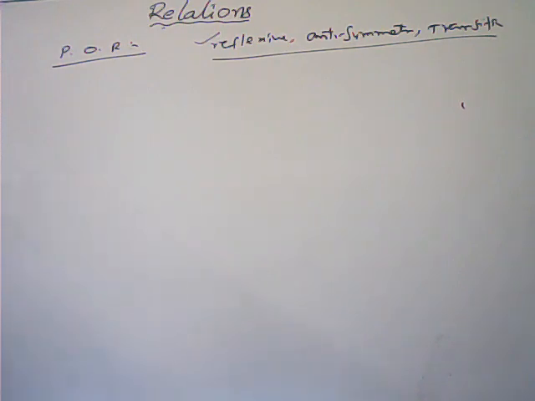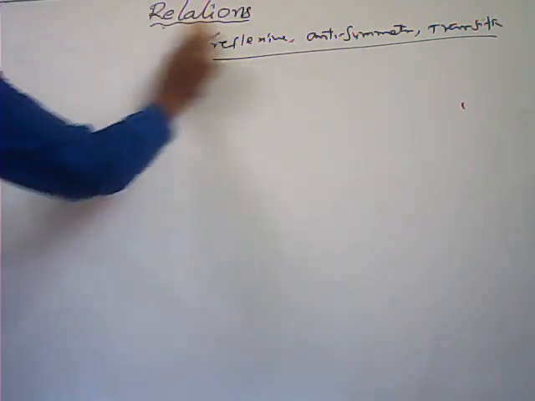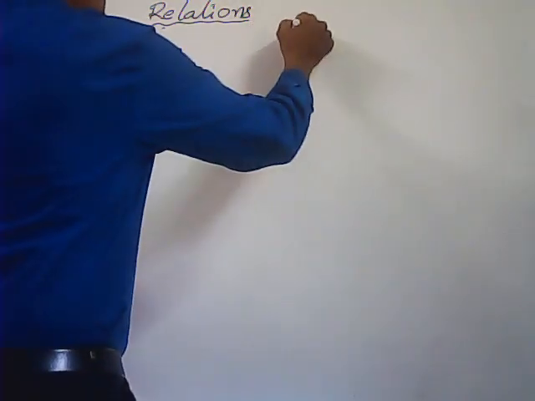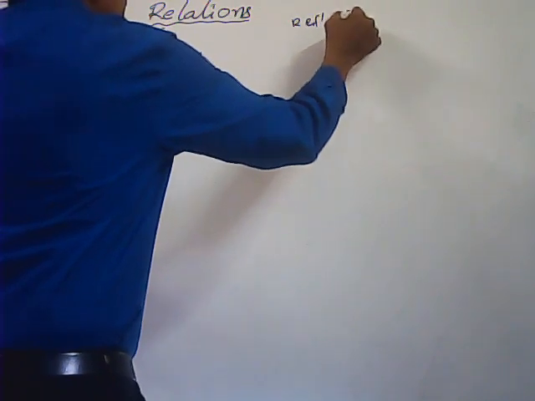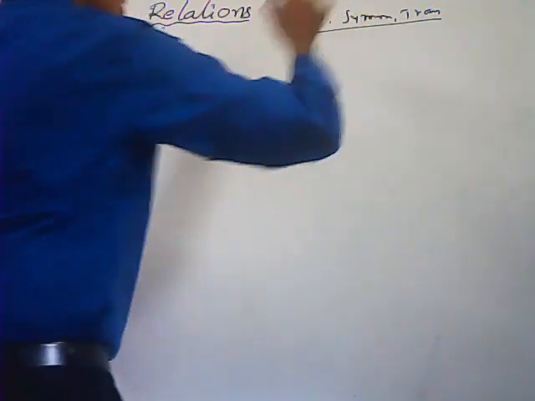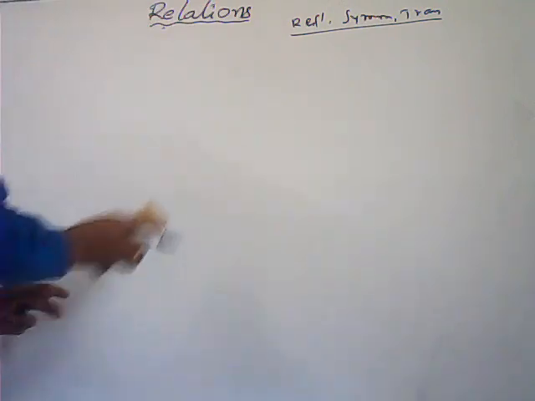Now, number of reflexive relations, number of symmetric relations, number of anti-symmetric relations and number of equivalence relations. And one more is there. If a relation satisfies reflexive, symmetric and transitive, if any relation satisfies these three, that relation we say is an equivalence relation. Now, number of reflexive relations, symmetric relations, transitive relations, we can discuss that one.